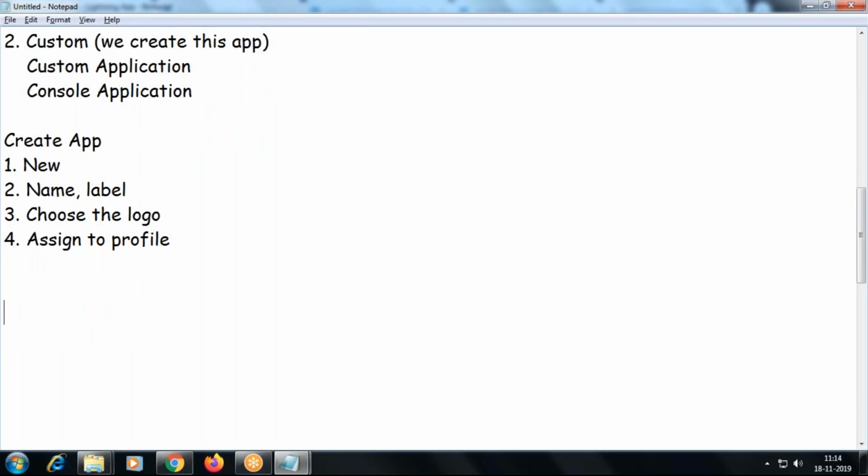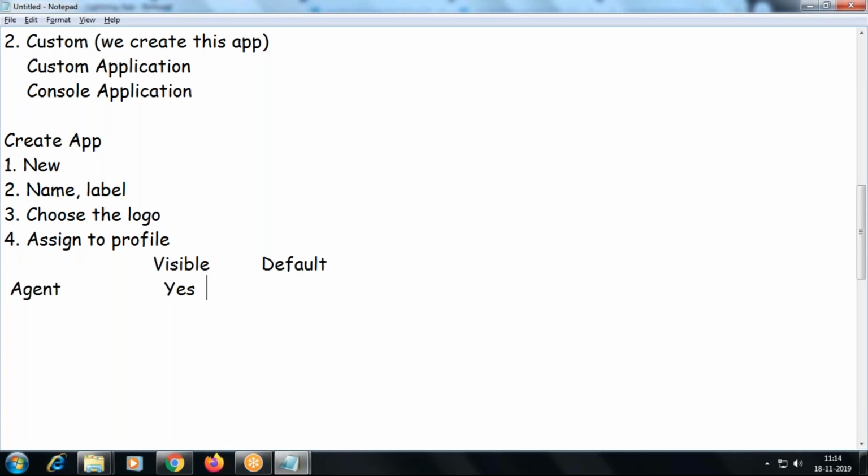In the profile I have two options, visible and default, and these two are checkboxes. If I enable yes, it means it's visible to whichever profile we have marked yes. Suppose I mark it for the agent profile, then whoever is assigned the agent profile will be able to see the application in the top right side drop down.